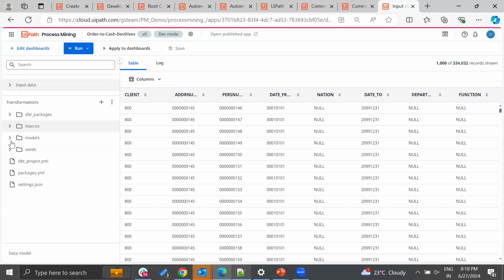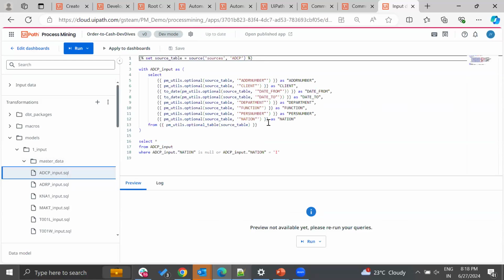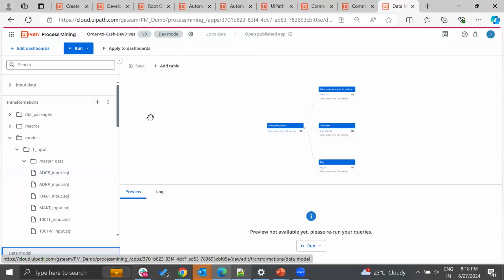I can view all my files, and if required, I can add new tables, I can add new fields, I can run my queries, I can edit the queries that are there, and then I can quickly run my queries. If required, I can add tables. So if you have loaded a new file, you want it to reflect back in your process mining app, so you can add the table. And once you're done doing all the changes, you can apply to dashboard. You can finally run it and then apply to dashboard so that your changes will be reflected back to your